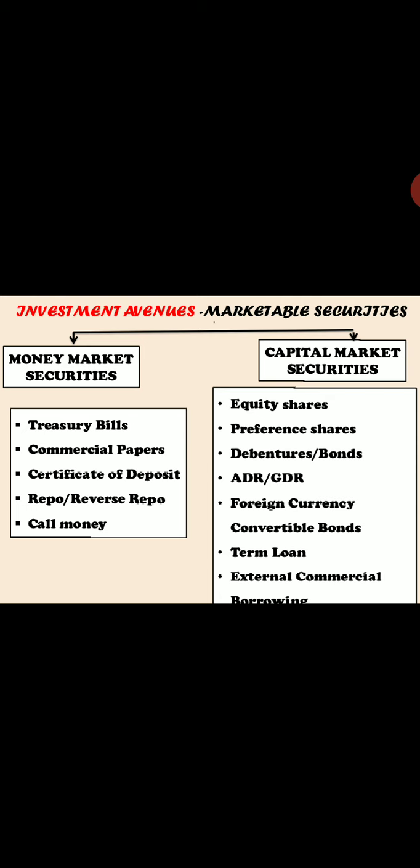Now you ask me, ma'am, what's the risk factor involved? Of course, it is least risky. Now why do I say least risky? See, I told you, since there is intervention of the government, and RBI is involved, you need not worry about the factor of risk. And what will be the maturity period? You have three types: 91 days, 182 days, and 364 days. So basically the maturity period is 3 months, 6 months, and 9 months with respect to the treasury bills.